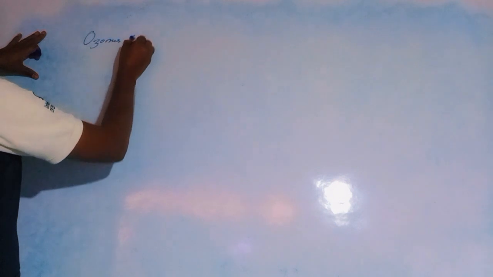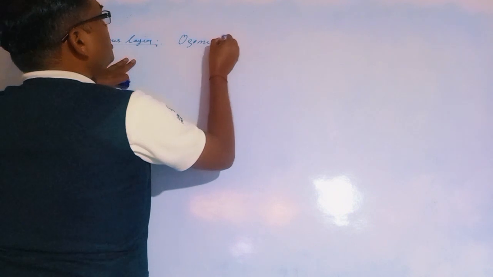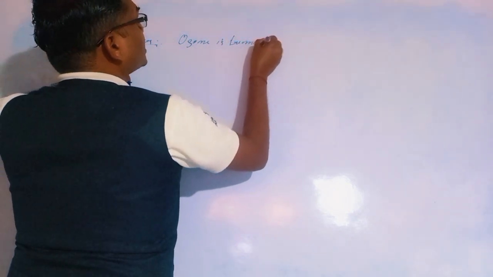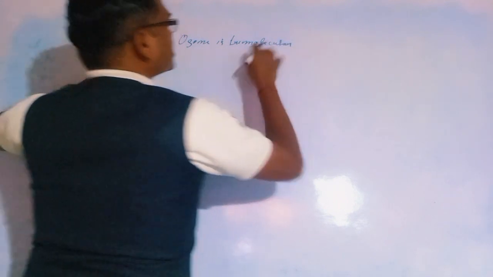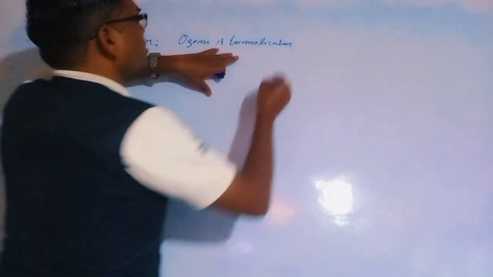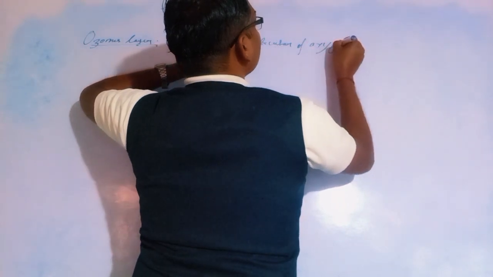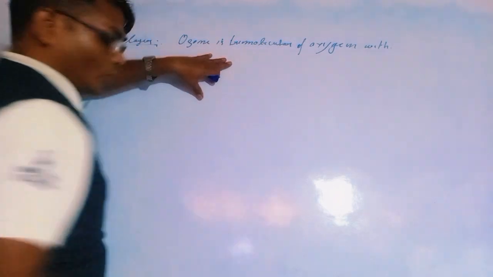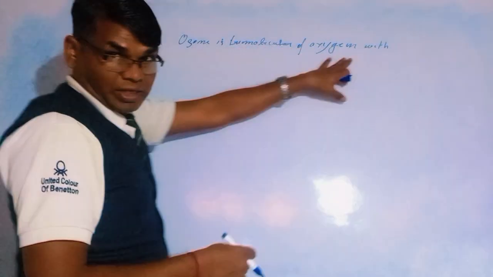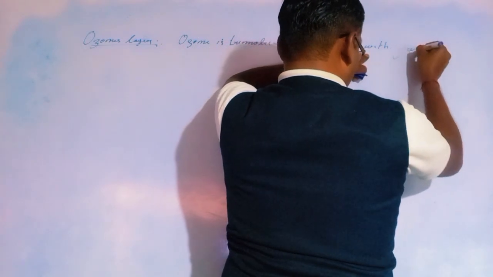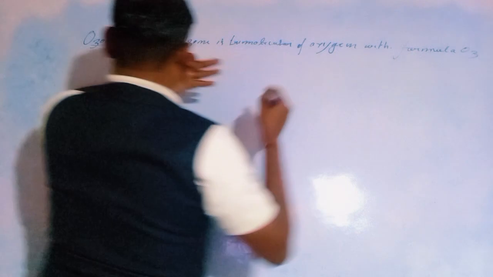Okay, what is the ozone layer? Here is the ozone layer. So what is the ozone layer? Ozone is a trimolecule of oxygen, with the formula O3, and is found in the